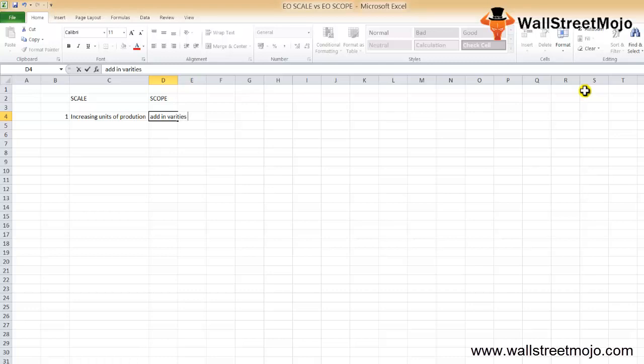This is a very important point: increase in the varieties. Second point of important differentiation: economies of scale help a company look at the average cost per unit, and then gradually increase the quantity till the average cost per unit reaches its minimum. Economies of scope are all about utilizing the